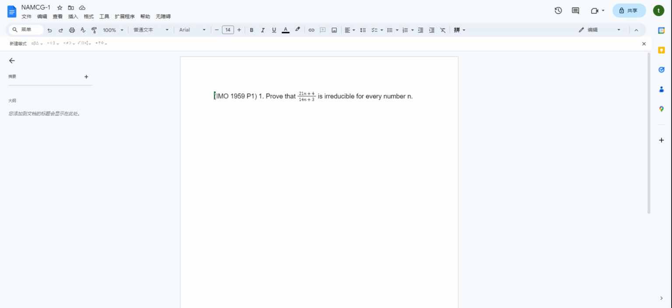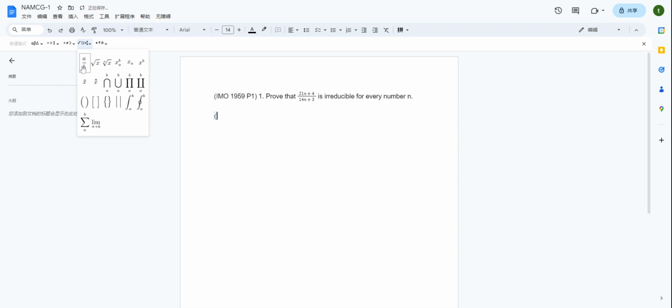And today we'll be working on one of the IMO problems, which is asking us to prove that this fraction is irreducible for every number n. To do this, here's the following thing that we can do. We can first separate it into two parts, which is